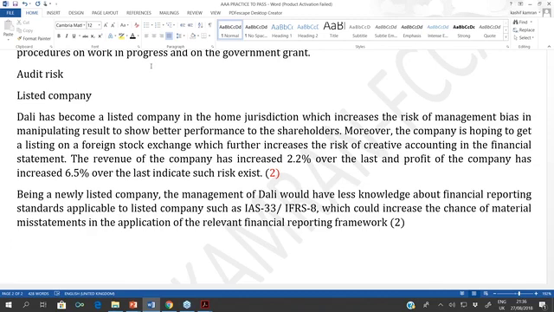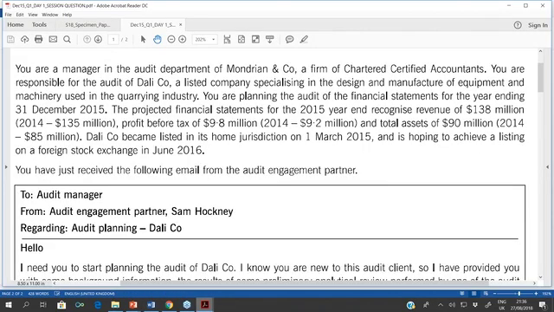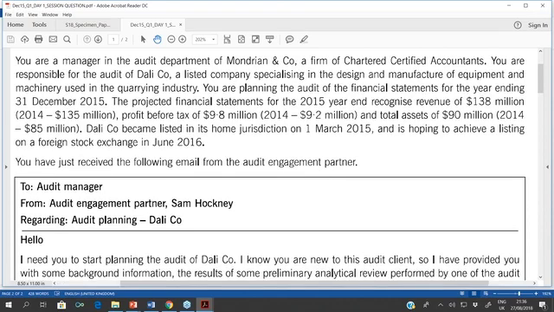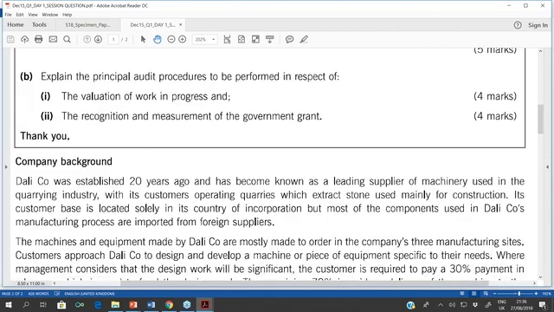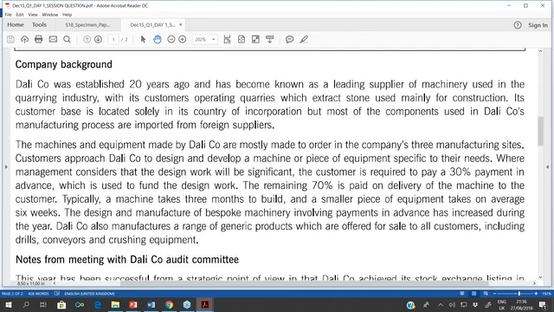Okay, now let's go back and start emphasizing on the next paragraph. Now I have completed the first paragraph, so I will now start reading the question from the background. Dali was established 20 years ago and has become known as a leading supplier of machinery used in the quarrying industry, with its customers operating quarries which extract stone used mainly for construction. Its customer base is located in the country of incorporation,